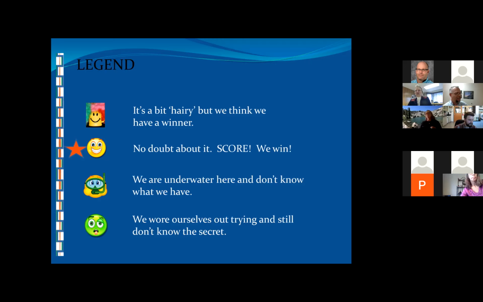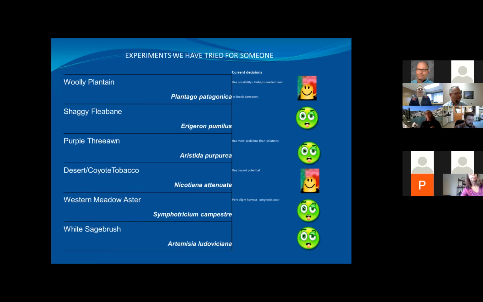We think we've got a winner, but perhaps we're still developing the market, or we had one good year and we haven't figured out what happened that year that helped so much, and we're not doing as well in future years. So I'm just going to show you a couple of slides to give you a sense of, in this one, 2 hairy examples, hey, maybe we've got something here, and 4 that we gave up, that it just wasn't working for us.